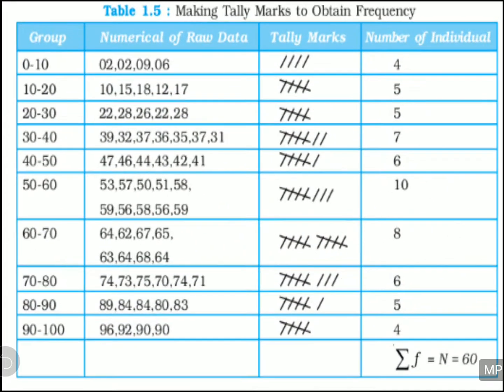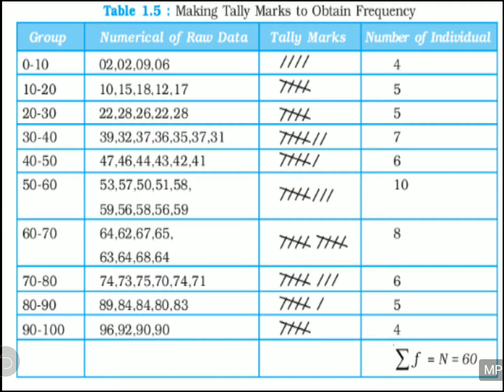Like by seeing the previous data which I showed you just now, we can group the data in classes like 0 to 10, 10 to 20, 20 to 30, 30 to 40, 40 to 50, 50 to 60. This way you can decide the different classes of classifying the data. And you can see here we have put the class interval of 10. We have put a gap of 10 in each class, like 0 to 10 has a gap, 10 to 20, again a gap of 10. So you are grouping the data into different classes. You are deciding the class interval, and then you are doing the grouping.